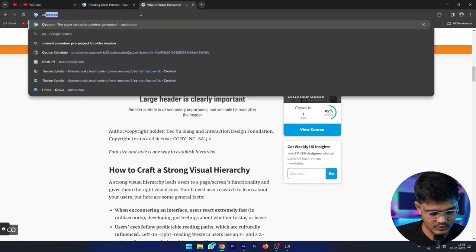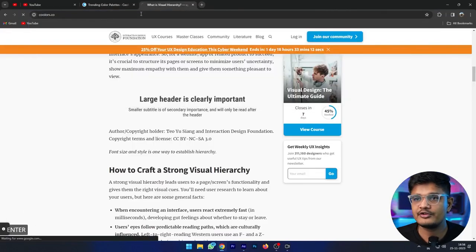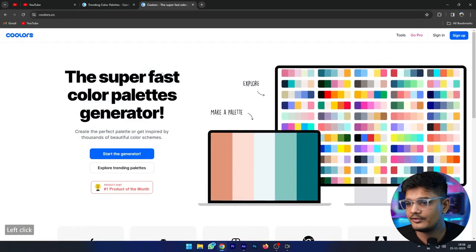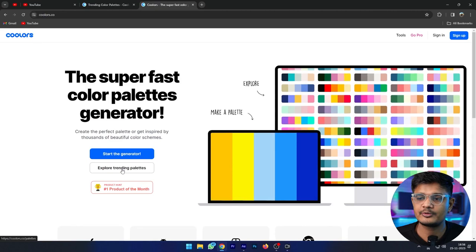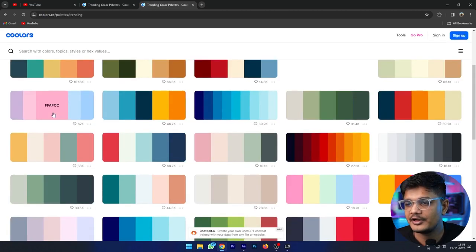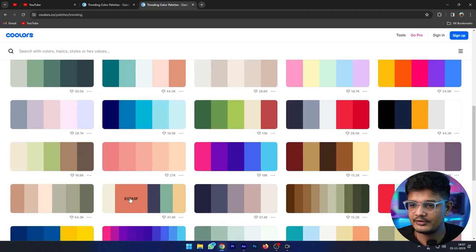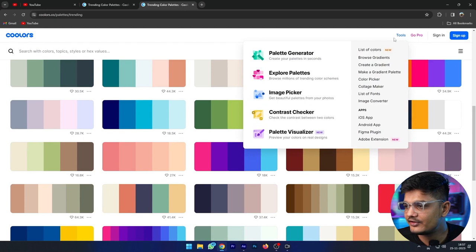There is a website called coolors.co. If you go here and explore trending palettes, it will give you these nice color palettes. You just need to copy these color palettes and use them in your design. And there is a tool here, the contrast checker.